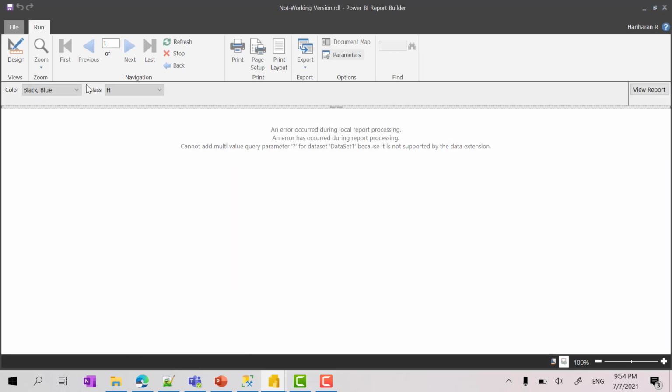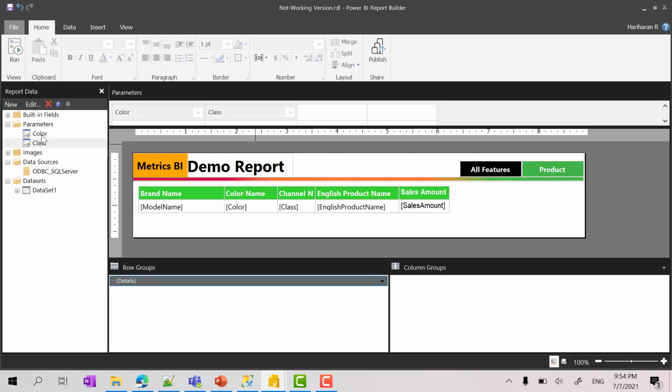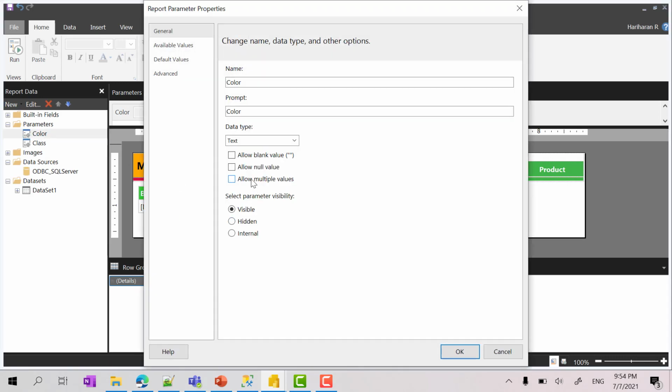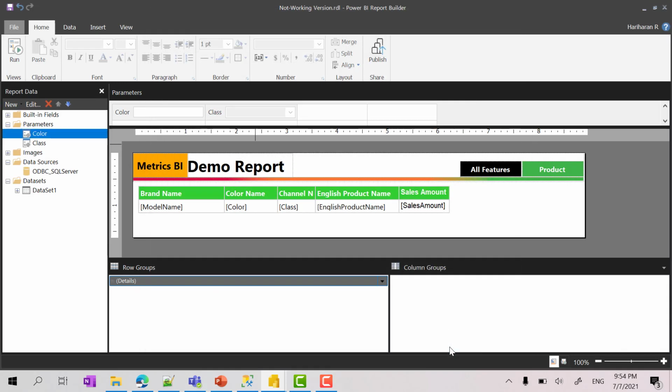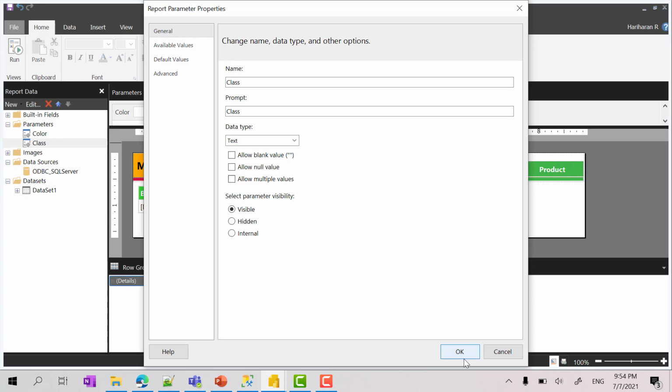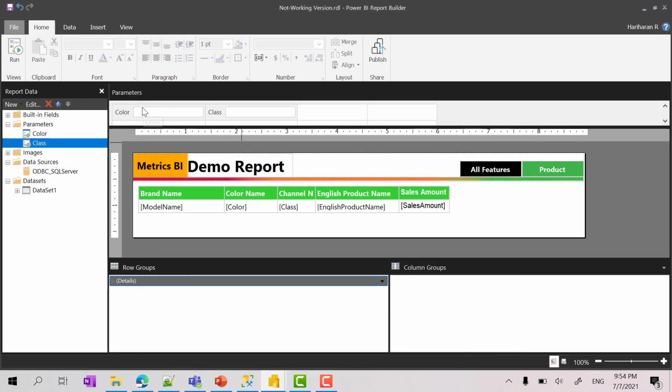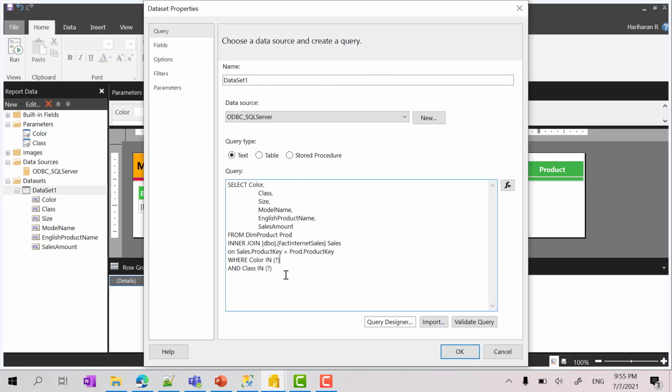The first step, as I said, is to change this multiple value into a single value. If I uncheck this, this is going to be a text box, so it will allow us to enter only one value, and I have to do the same thing here. Since it is one value, we need to train the user to enter the values with a comma separator. So we have done the first step, and the next step is to change this question mark. This is the place where we have to handle the conversion, converting those comma separated values into row by row.